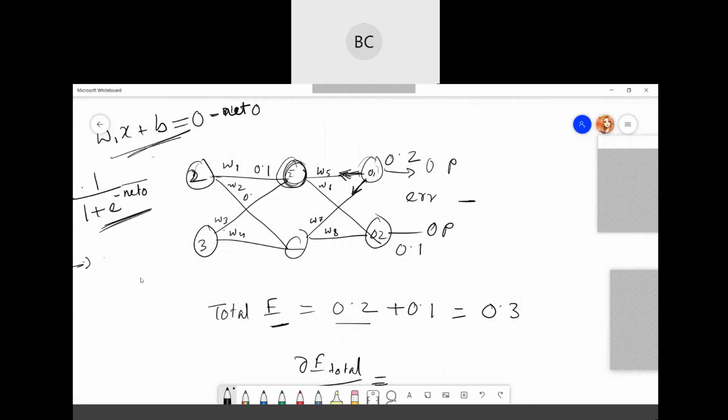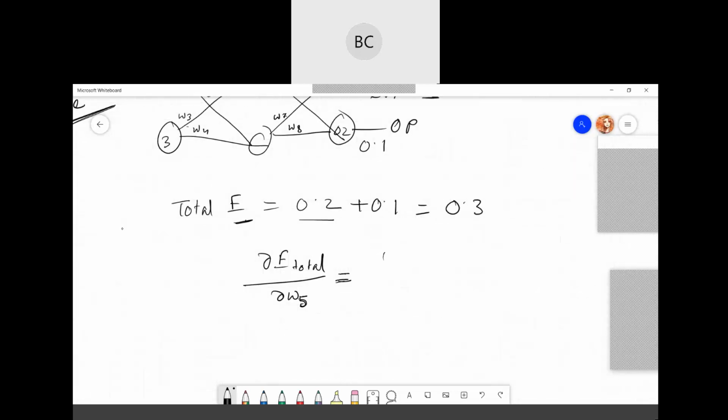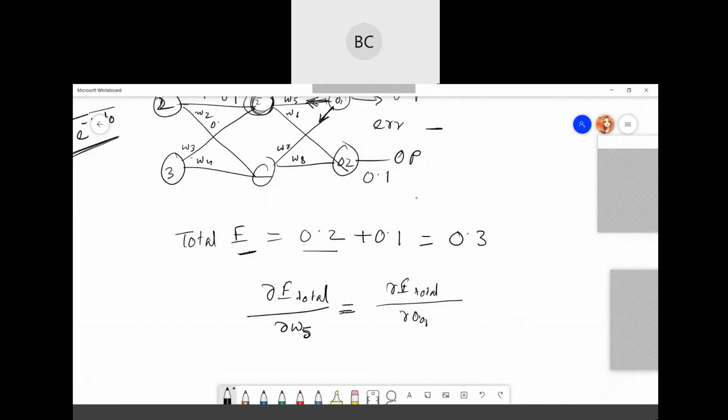Based on that, we just divide it like E total divided by E output of O1, then E output of O1 divided by delta of net O1.